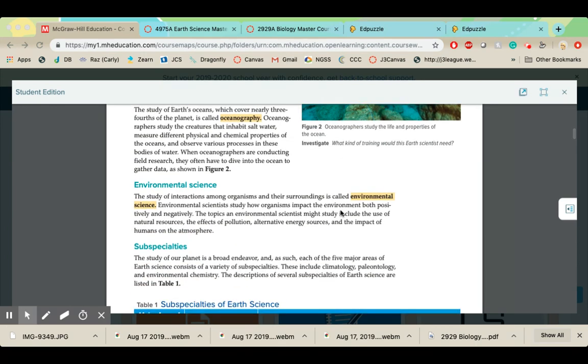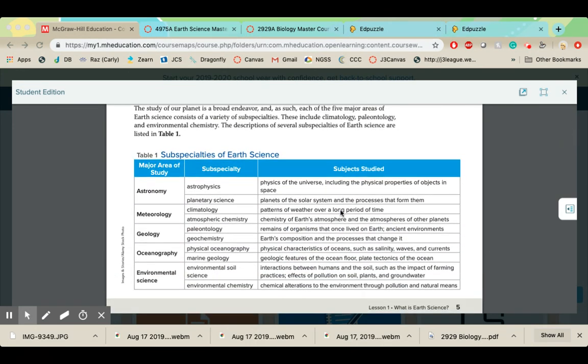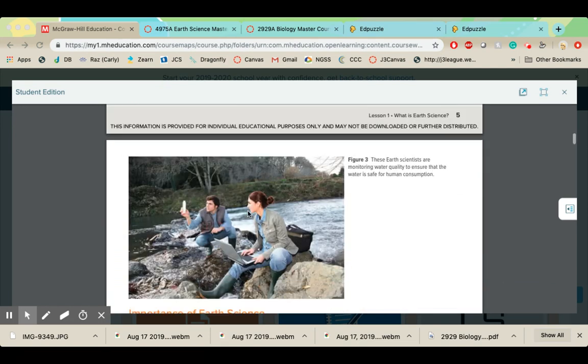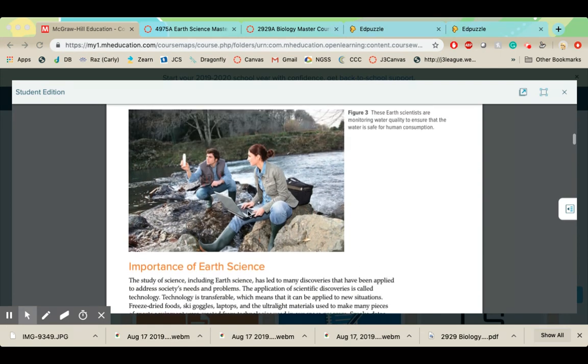Then there's environmental science, which is basically the living things and the non-living things that affect organisms. And then there's a number of subspecialties underneath that. Okay. So there are lots of parts of earth science, and it's so important because it does affect us as